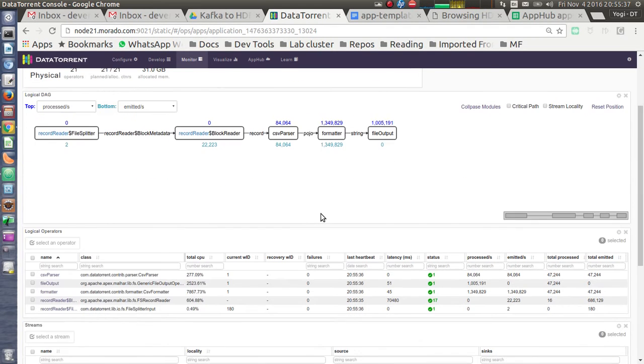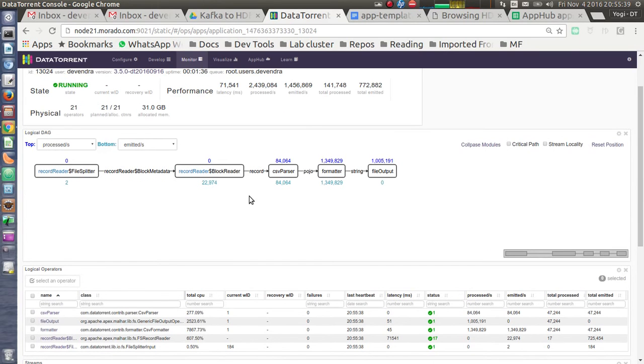So if we want to do some custom processing in between, we will operate on Java objects or POJOs. So for example, we can add a transform operator or filter operator or dedupe operator in between the CSV parser and formatter and achieve the desired effect.